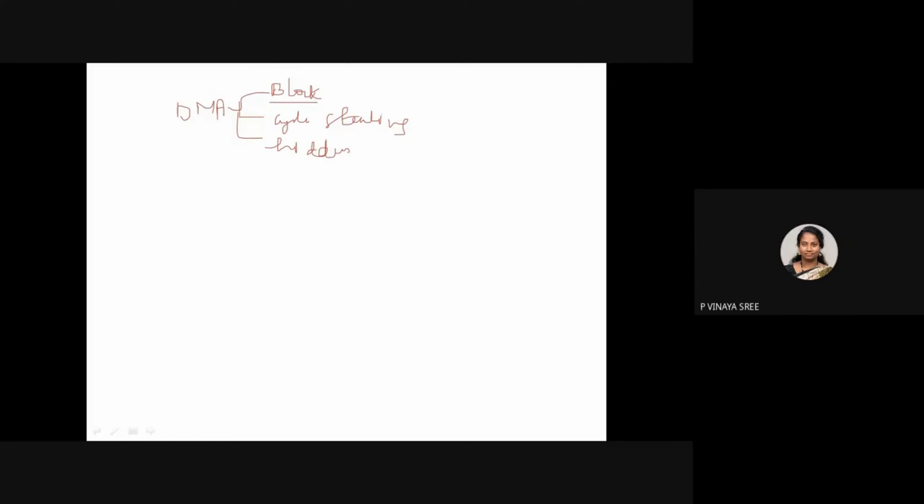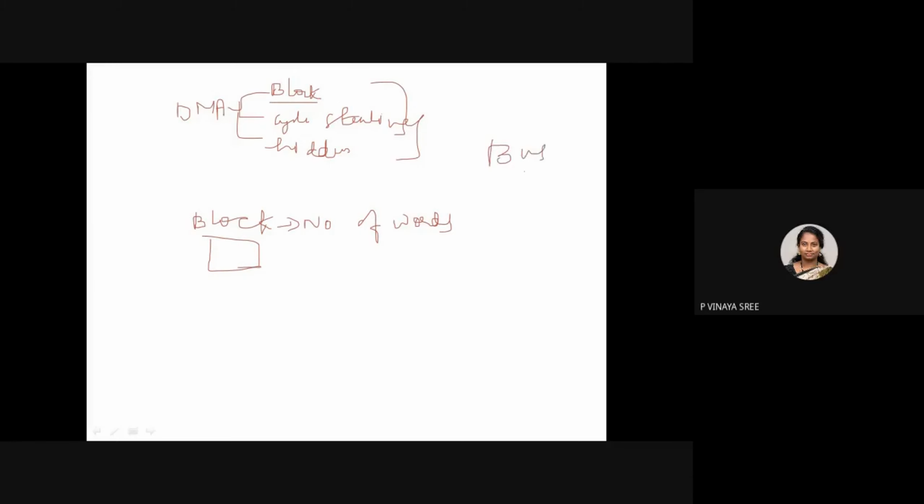What we have discussed till now: a block is nothing but a set containing n number of words. Why we need to study these techniques is that we need to utilize the bus efficiently, which is very important.